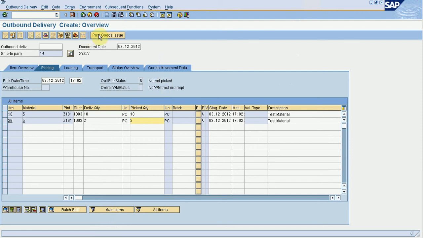If I hit the post goods issue button here at this level, stock from my warehouse or plant will be deducted. Let me show you the current stock position of material 5 in plant Z101 and storage location finished goods 1003.